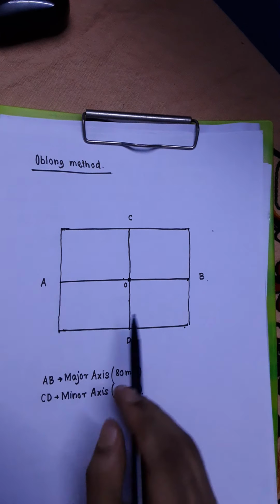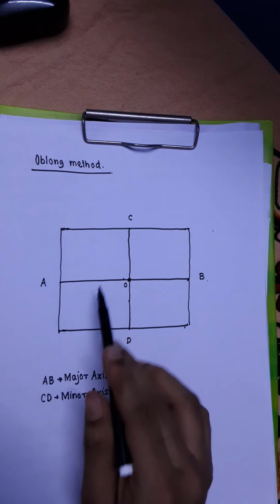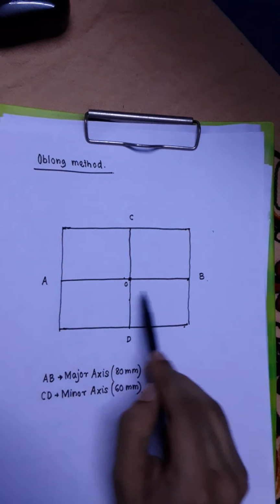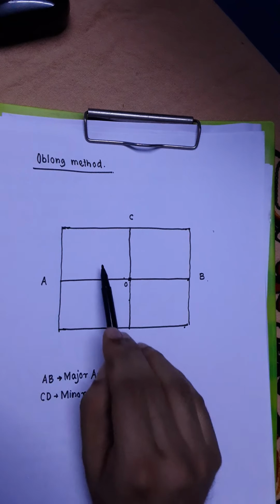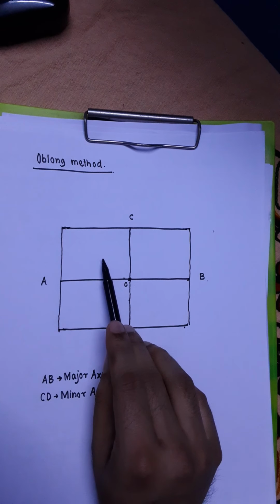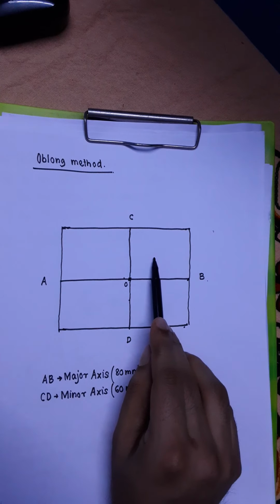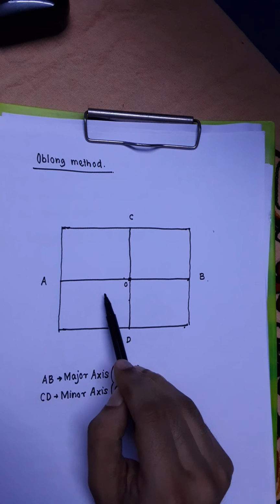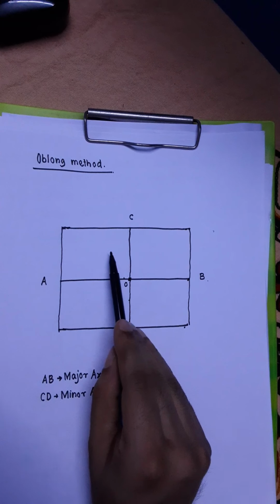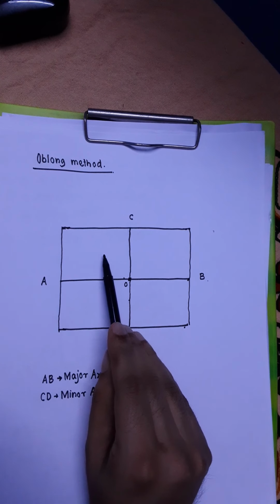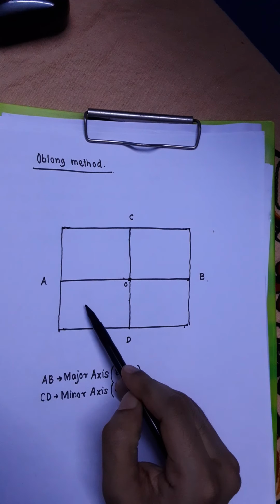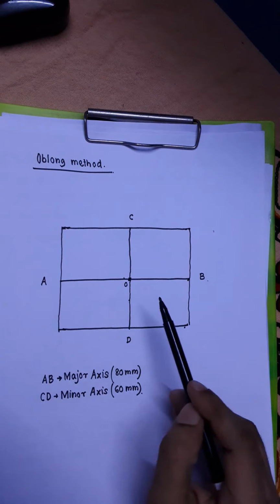Now you see the entire rectangle, while it is being constructed, it is divided into four similar parts 1, 2, 3 and 4. So 1/4 of the ellipse will be present in this part, another 1/4 here, another 1/4 here and the remaining 1/4 here. So we are going to do some construction in this part to get 1/4 of the ellipse, and the same construction can be repeated in this quadrant and this quadrant to get the total ellipse.